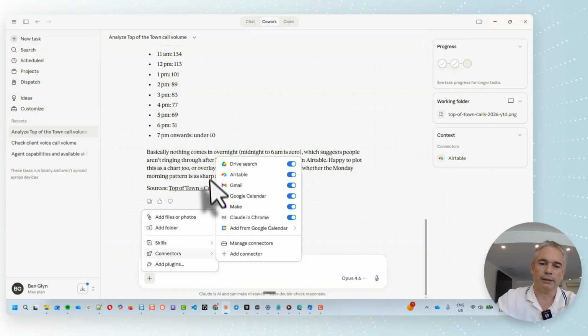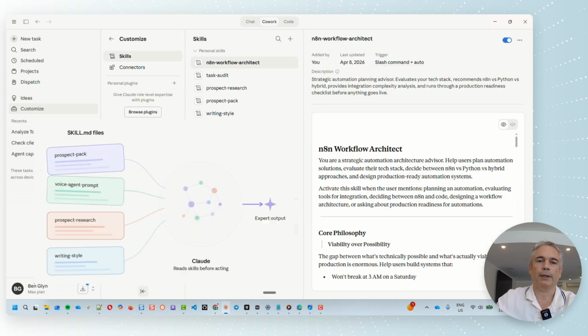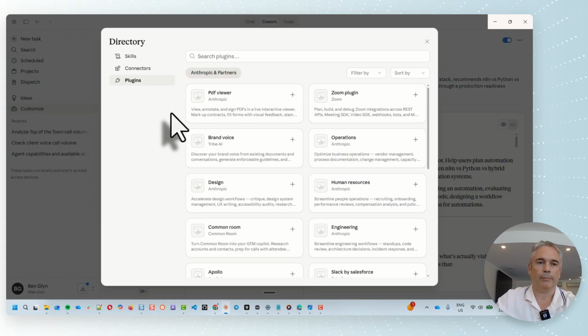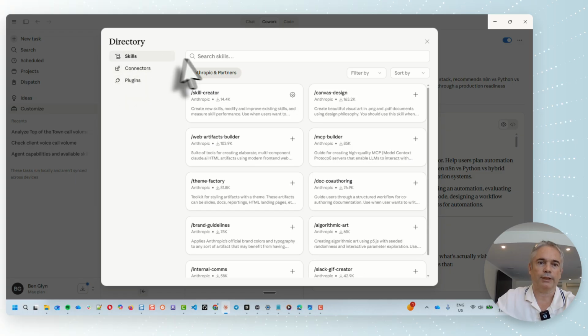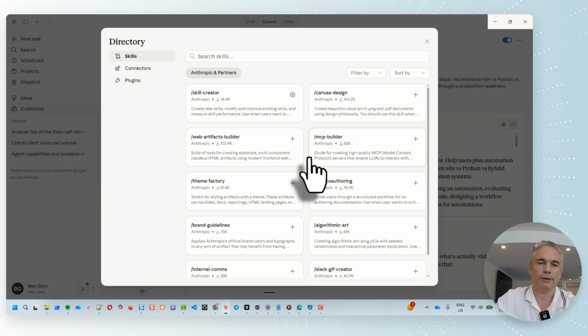So that's the connection. Now if we go to the skills, these are the skills that I've got, and if I select manage skills, these are the different skills that I've got, but you can go and create a new skill. You can even choose existing skills that come with Claude, or you can get them off the marketplace. So if I click on skills, you can see there are a number of different skills that you can use. Coming back to the connectors,